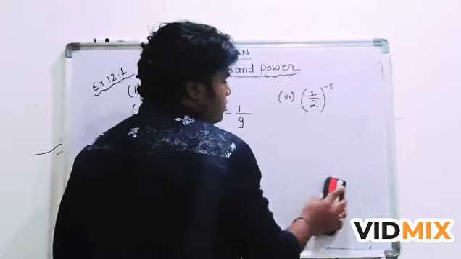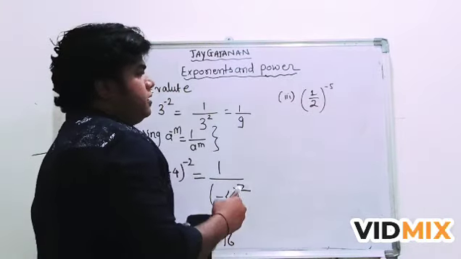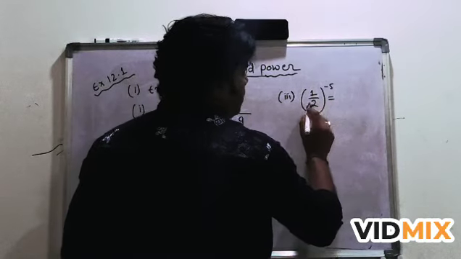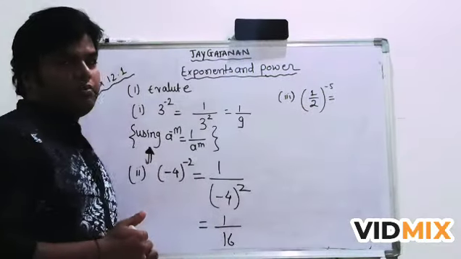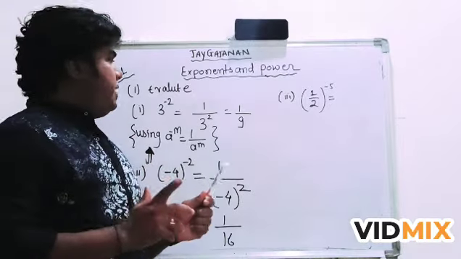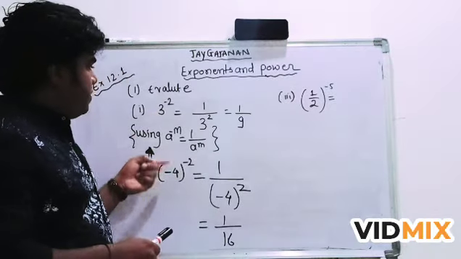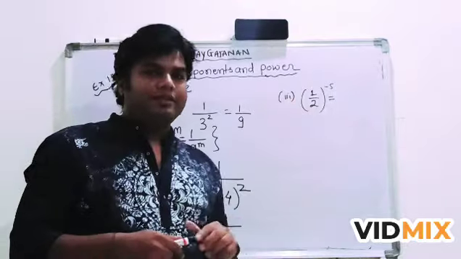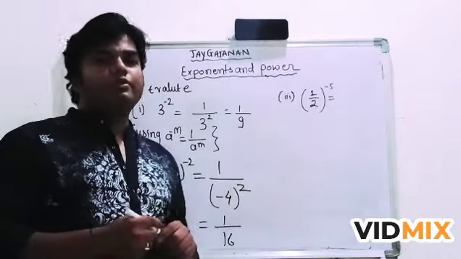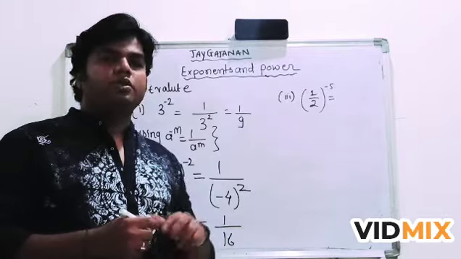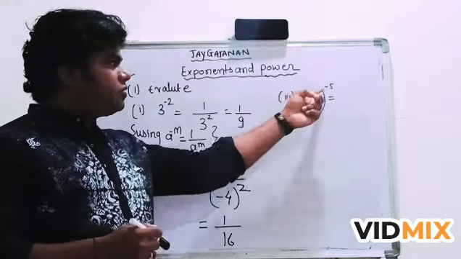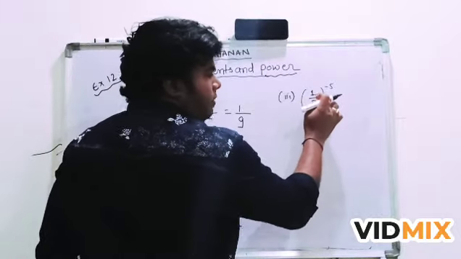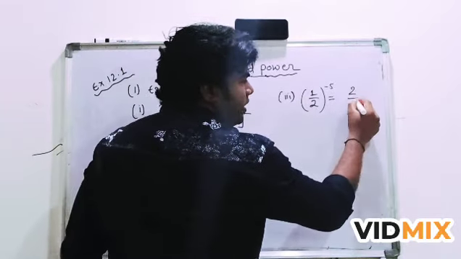Now the third one, we have to solve this third one. 1 upon 2 to the power minus 5. Here, see, there is not just a 1 upon or only a single term; here it is 1 upon 2 like this. In terms of such kind of values, what you have to do is take the reciprocal. That means we directly make it positive by reversing it. Like this is 1/2, so it becomes 2/1.